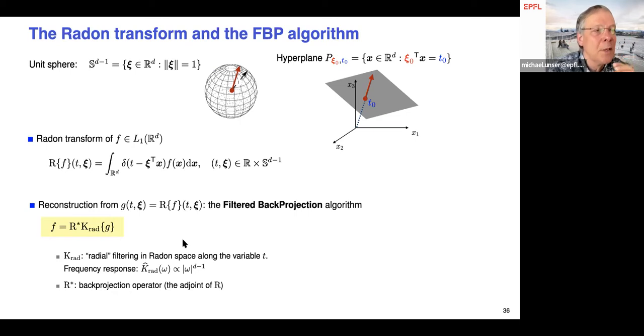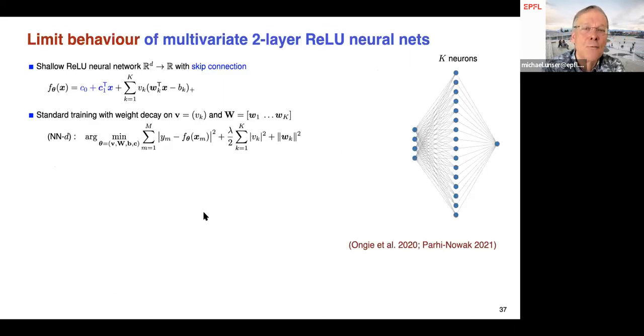And so that can be done using the Radon transform of computer tomography. And there's a so-called filtered back projection algorithm that allows you to reconstruct a function from its Radon transform. And so there's a certain operator there. And now if you look at the